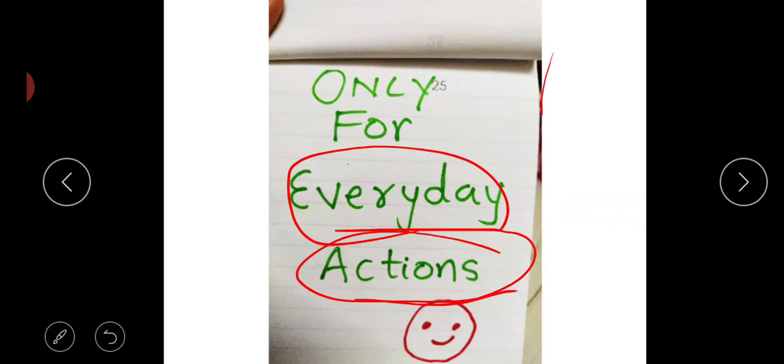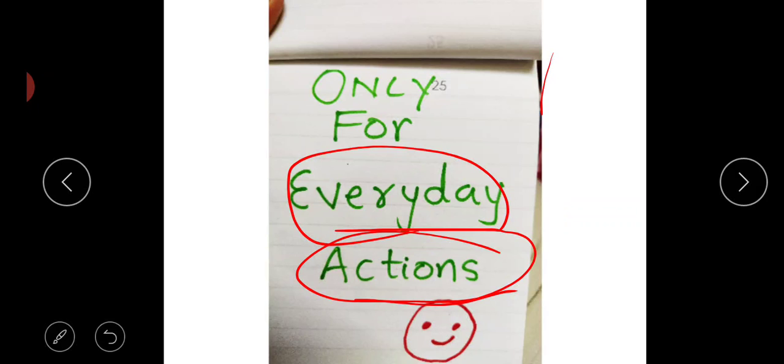The actions that happen regularly, on regular basis, on daily basis, like I go to school every day, we go to school every day. Definitely during lockdown period we are not going to school every day. We are studying from home, but other than lockdown, we generally go to school every day except Sunday.